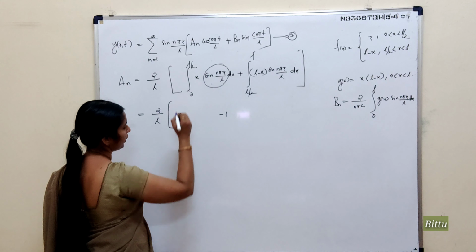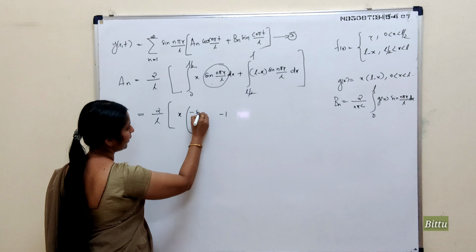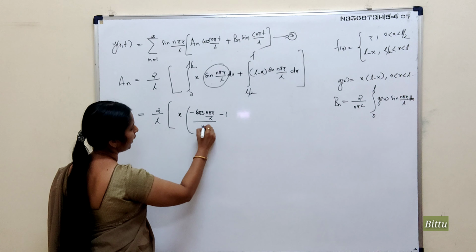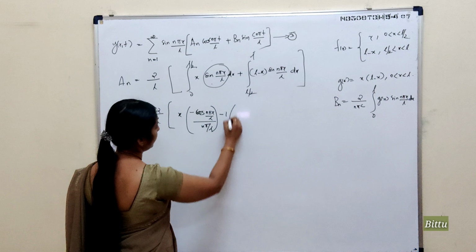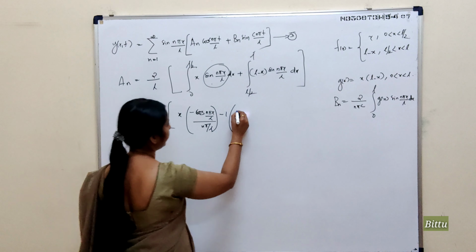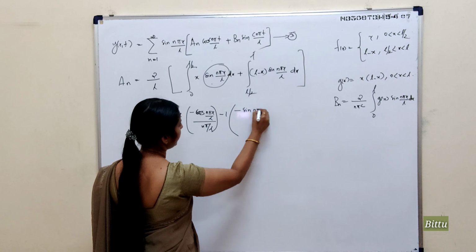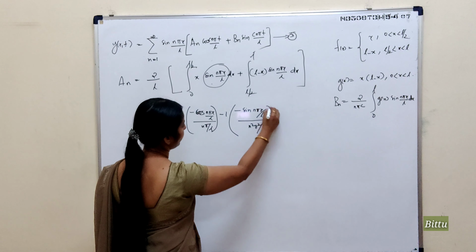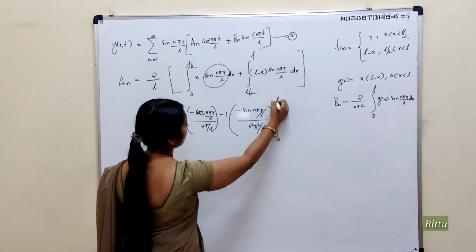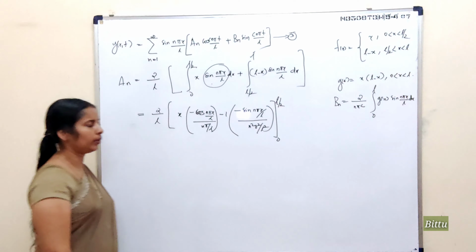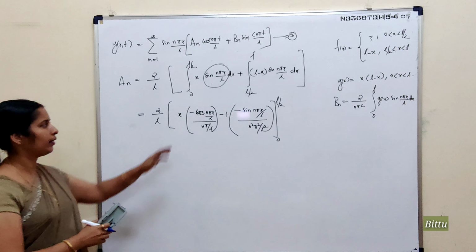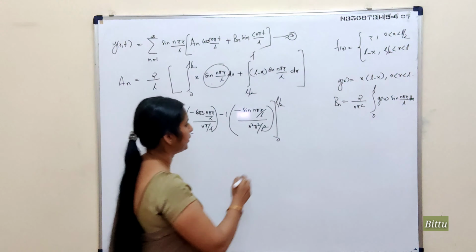Next, you consider the second function and write its integral, that is minus cos n pi x by L by n pi by L. You write its next integral here, it is minus sin n pi x by L by n square pi square by L square, from 0 to L by 2. Now its integration is over. After simplifying the signs and putting the limits, you will get the value of this integral, plus